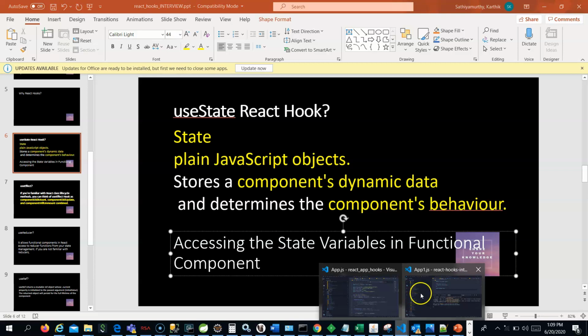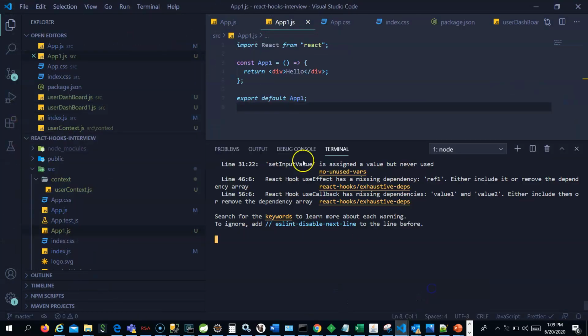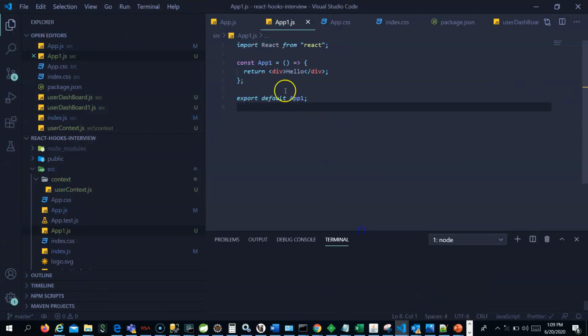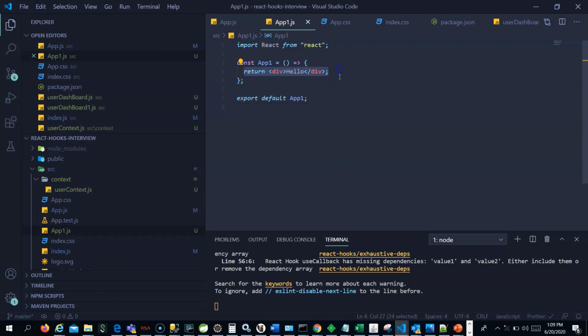Okay, let me go to where I have a simple functional component. Now let me create an input, and I will create a state for it, so that whenever I input some value in the input, the component will refresh to show the value which I typed.